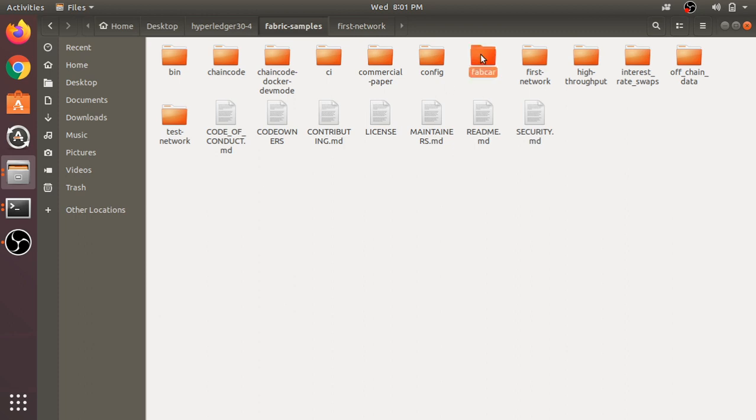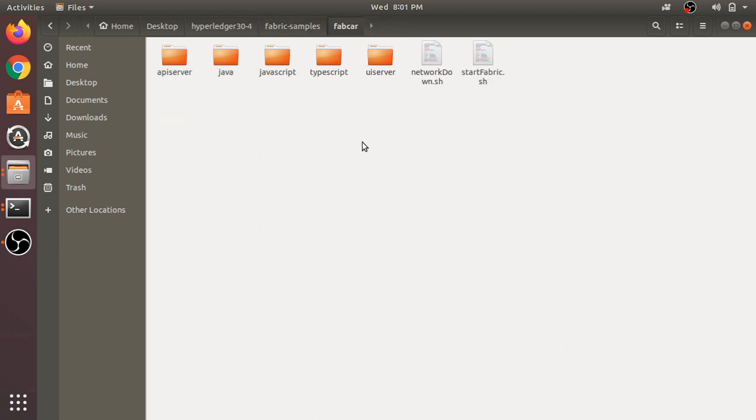So open the FabCar folder, and we are going to run it. Firstly, you can see only these three folders. The other two folders I created for a certain purpose. You can see the Java, JavaScript and TypeScript folders. That means you can run the FabCar chaincode in Java, JavaScript or TypeScript.